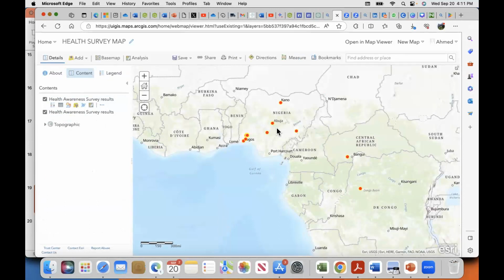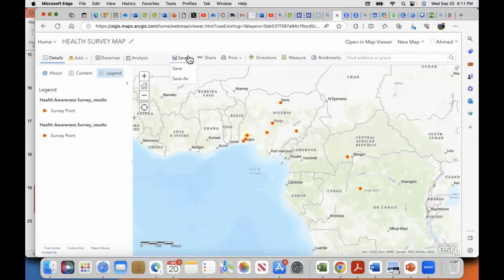We have Nigeria and Congo and Central African Republic. So to go ahead, we have the legend. There is no map if there's no legend. The legend shows us the locations, and you can see we have the survey points where the surveys were filled.